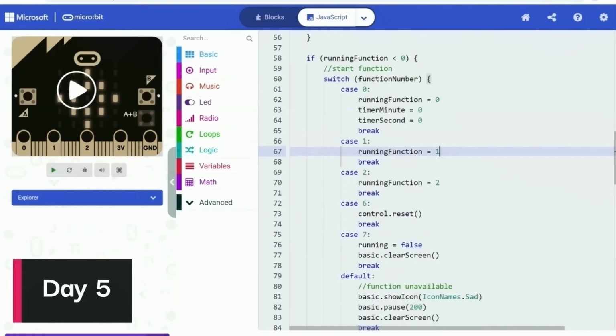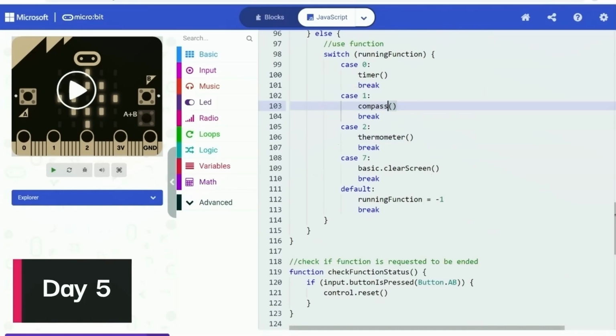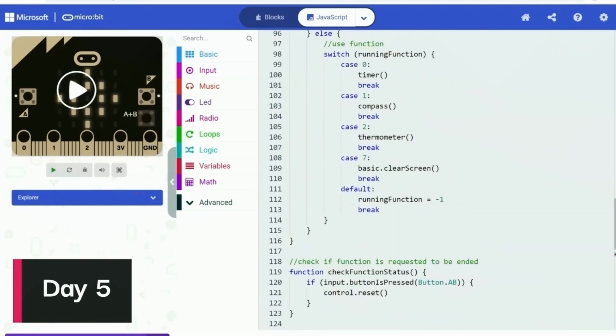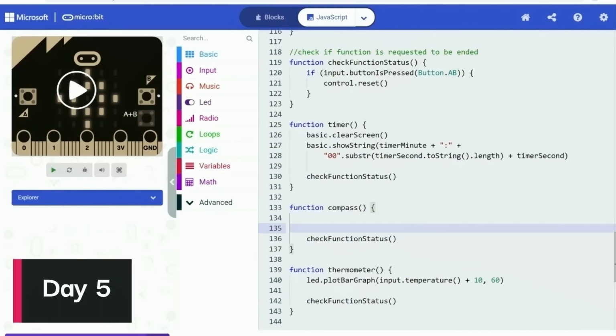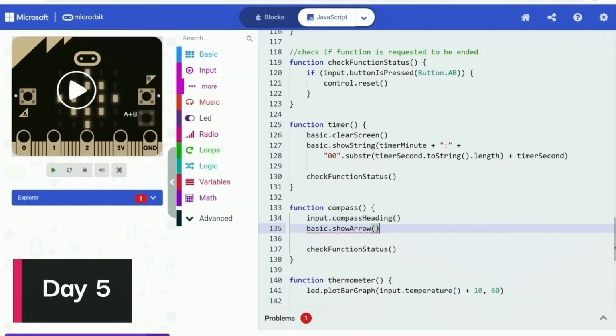And this time, I chose to work on the compass function and planned to hopefully finish it before I would call it an end of the day. It was just some basic setups, basically exactly the same as what I did with the previous timer function and the thermometer function, just a new custom function and adding a bit to the switch statements. I used micro:bit's built-in compass to get the heading degree.